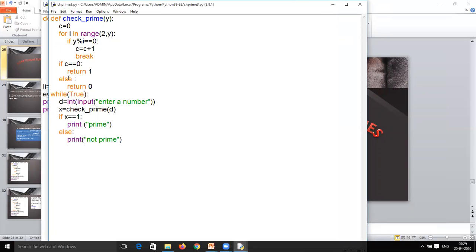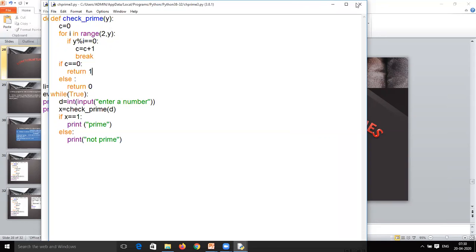So here we can see how the return statement is used. Return is used to just come out of the function, and while returning it gives us one value which we have passed inside the return statement. So it is just used to end the function, and whatever value we are taking from this return statement may be used for further purpose also. Okay.